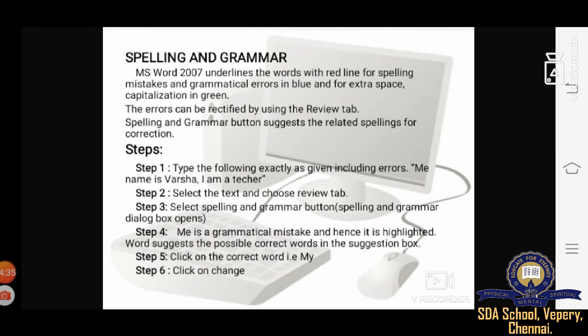The Spelling and Grammar button suggests related spellings for correction. The above can be illustrated with the help of an example.